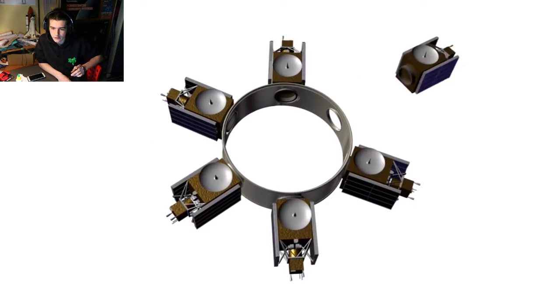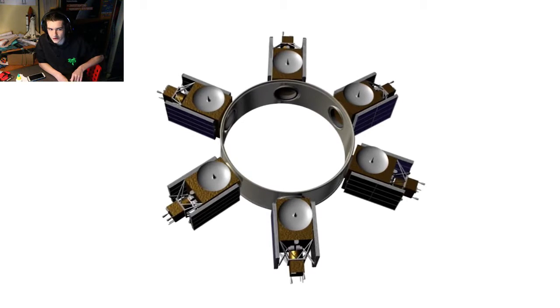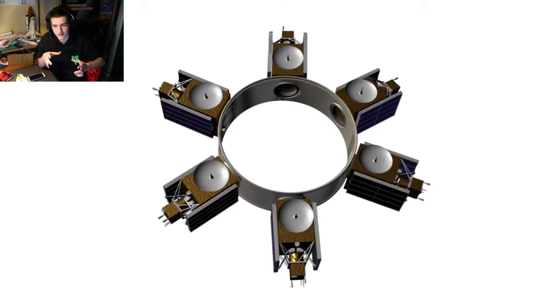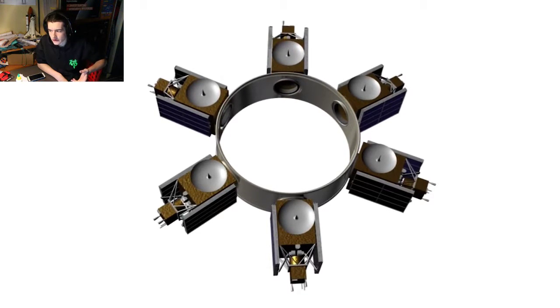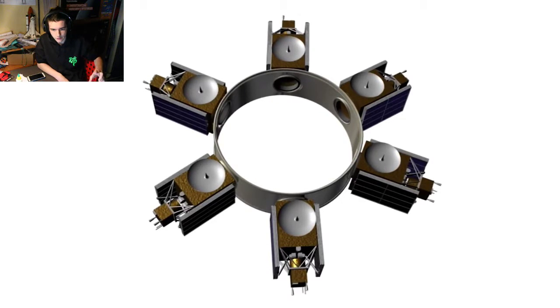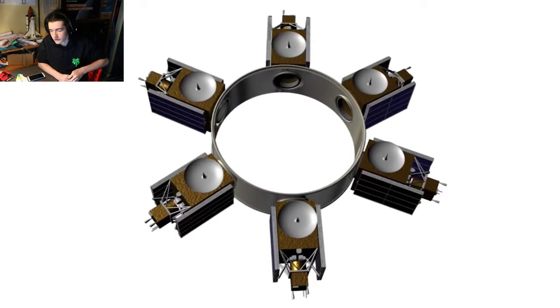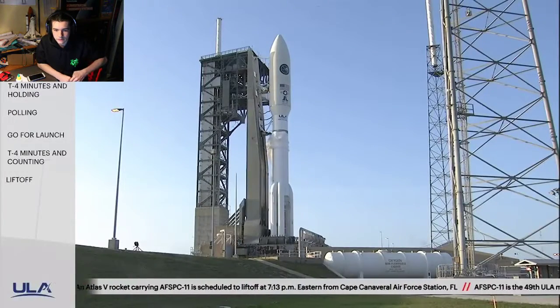So they're launching actually 2 satellites. One is Eagle, which is not really a satellite, but it's a ring with experiments and 1 deployable satellite, I believe. And there is a satellite on top. I don't really know what they do. I haven't really researched it, but